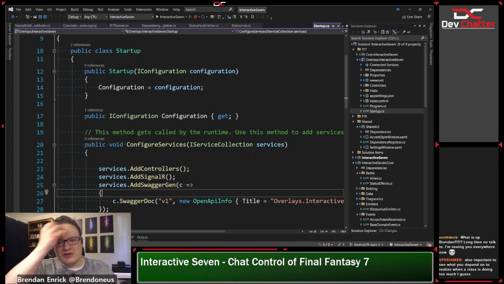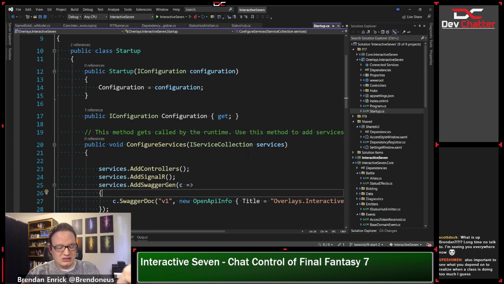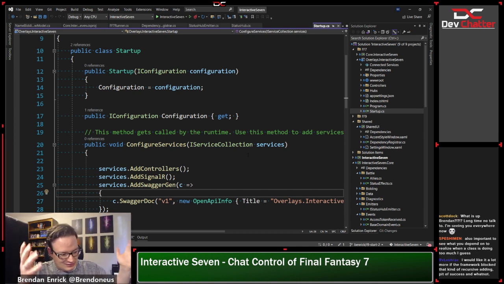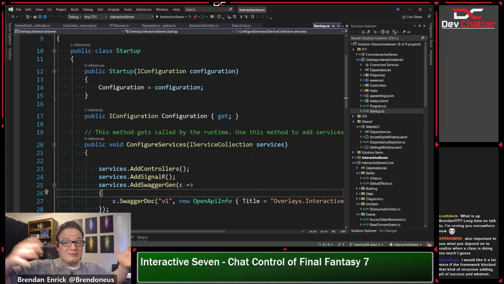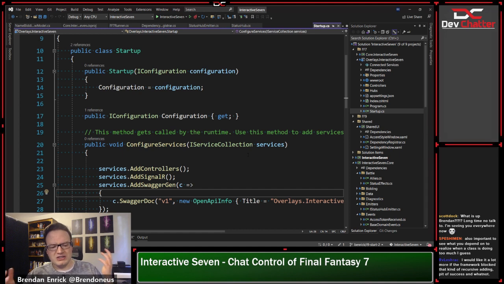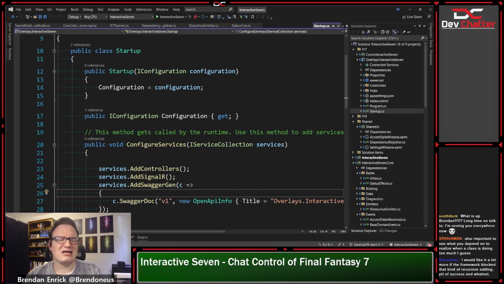Also important to see what you depend on to realize when a class is doing too much. Yes. So one of the big things. Specimen hit on one of the huge concepts. Given time, there is a thing that happens to pretty much all code that you work with, and that is classes, objects, whatever you want to call them, get larger, they get more dependencies, they grab more stuff. So as you keep building, they get more stuff. And that is why you'll hear a lot of people say, you've got to plan it out and architect it and things like that. I mean, you can technically, but